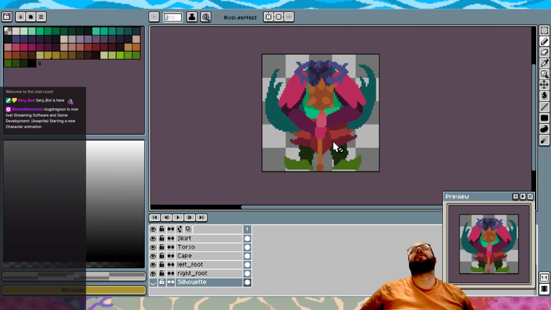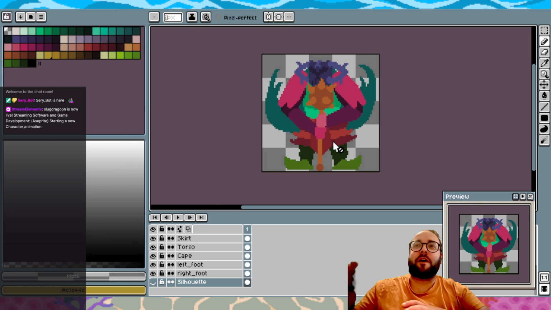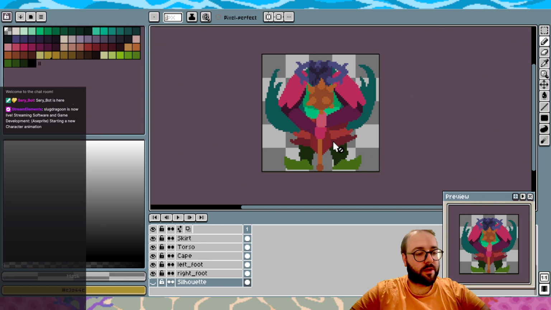Everything I finished last stream actually kind of blew up on me. I tried to change something about the file structure in Godot, and I just tried to make a new folder, and it looked like it made everything kind of half copy into one folder, and then everything got moved, and I had to restore a bunch of stuff, but everything's pretty much back to the way it was. I fixed all that, except for, I guess, that file, but that was pre-export. We finished the skeleton animation, and now I want to move on to another one, and